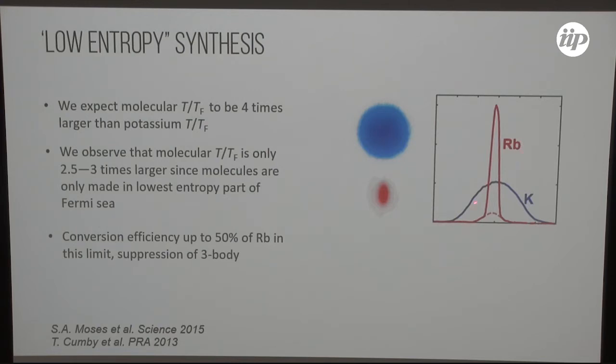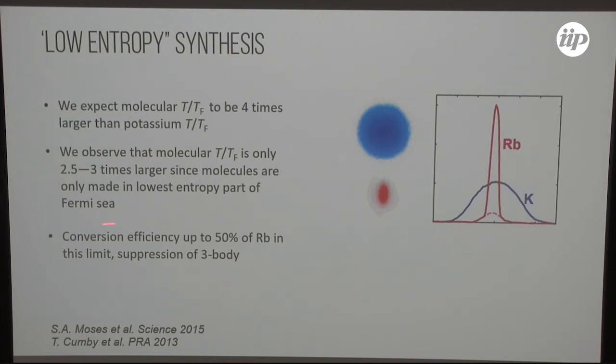Another nice feature of this configuration is that the peak density of rubidium is only about a factor of 2 or 3, and the bad mechanism in the association of Feshbach molecules while we cross the Feshbach resonance is the 3-body losses of 1 potassium and 2 rubidium. And since we are in this impurity regime where the rubidium number is reduced significantly, so we are usually in a ratio of 10 to 1 of potassium to rubidium, this mechanism is essentially suppressed. And so we can convert a lot of rubidium atoms into molecules.